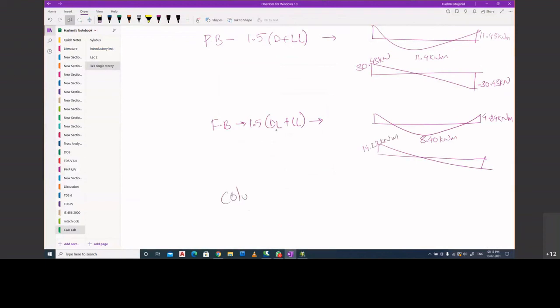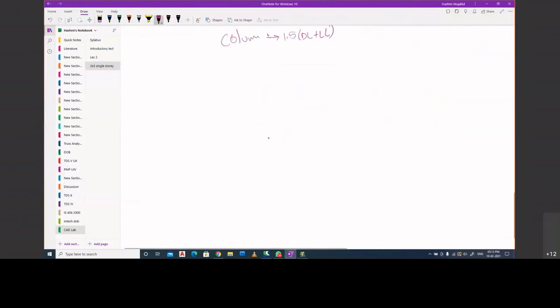What about my columns? Let me check for column. Same load case. So I have a column. I'm considering this column from plinth level to slab top.